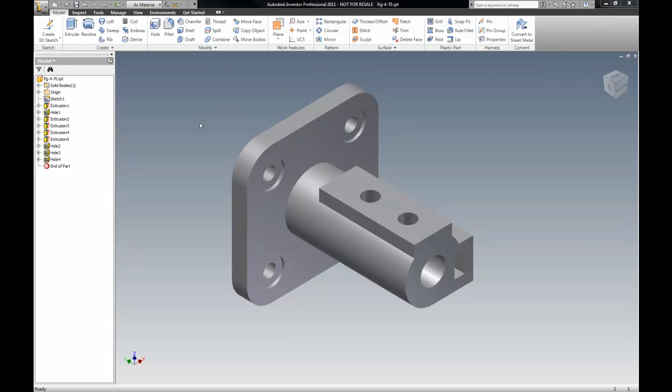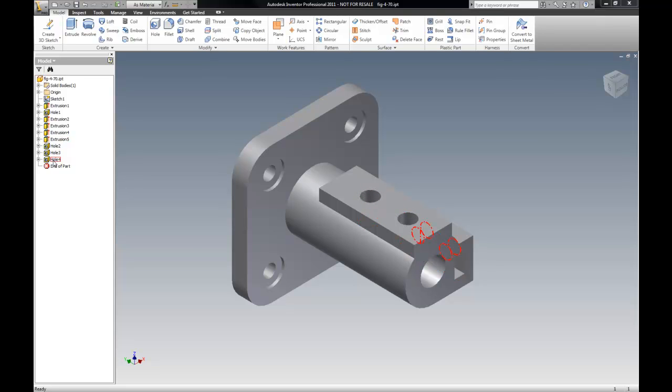I want to show you a little bit about how to control and view the browser bar over here on the left. As you notice, if I go slowly and move my cursor slowly over the different things, it's going to show you, especially in the right in this view, the extrusions that are tied to these things. There's those holes, there's that extrusion, there's that extrusion, there's that extrusion, there's some holes there, and some more holes